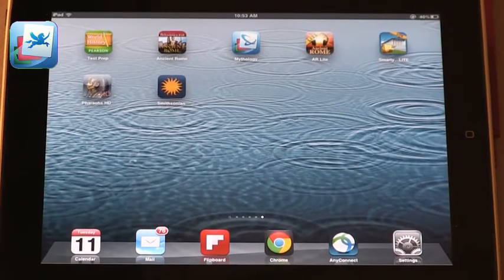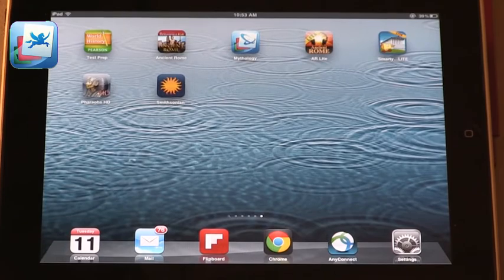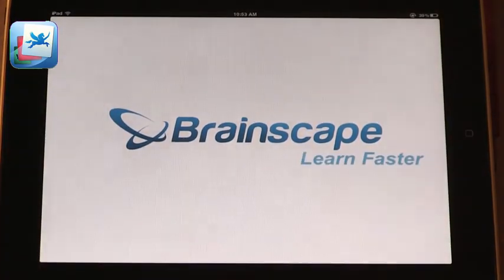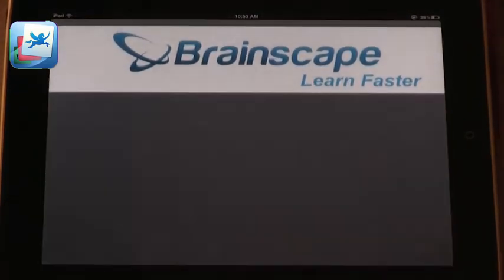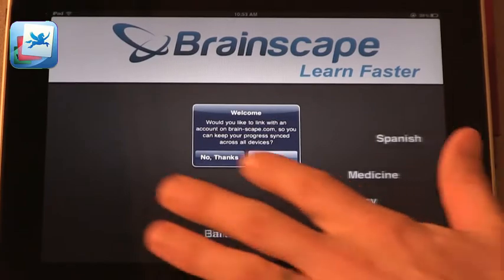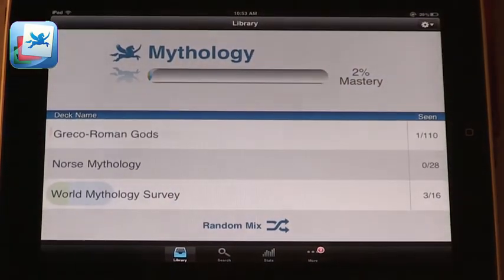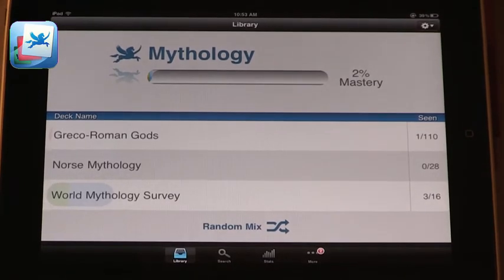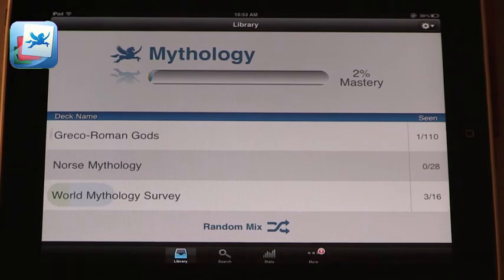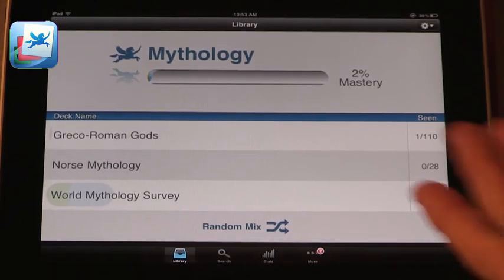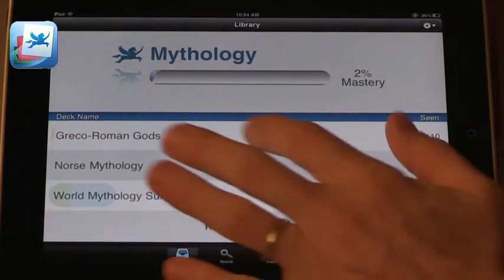So the first one that we're going to talk about is this app about ancient mythology, and this is an app from Mindscape. You can see that as this comes up, it presents cards on a specific topic, and in this case we have Greco-Roman gods and Norse mythology and a general survey of world mythology, and you can focus on a specific topic or on all of them. So I'm choosing Norse mythology,